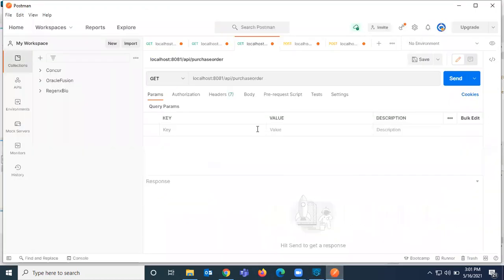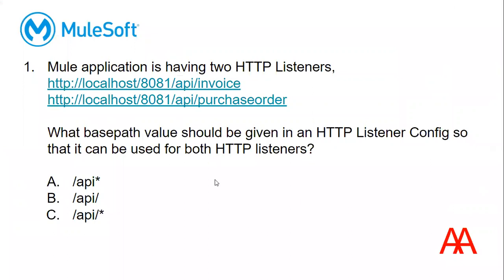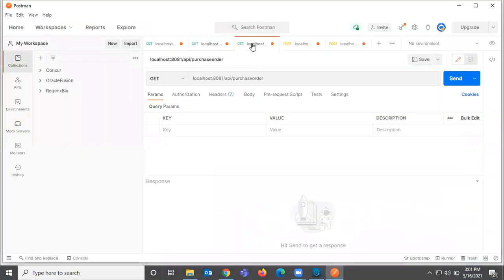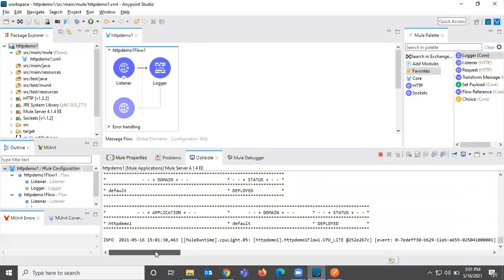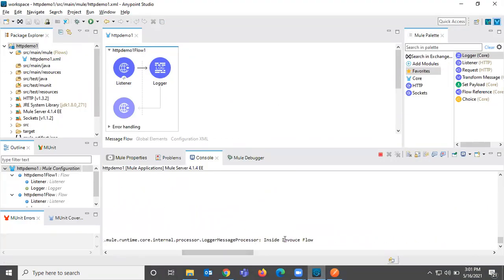Let me trigger the first one, and we can see in Mule, inside invoice flow.